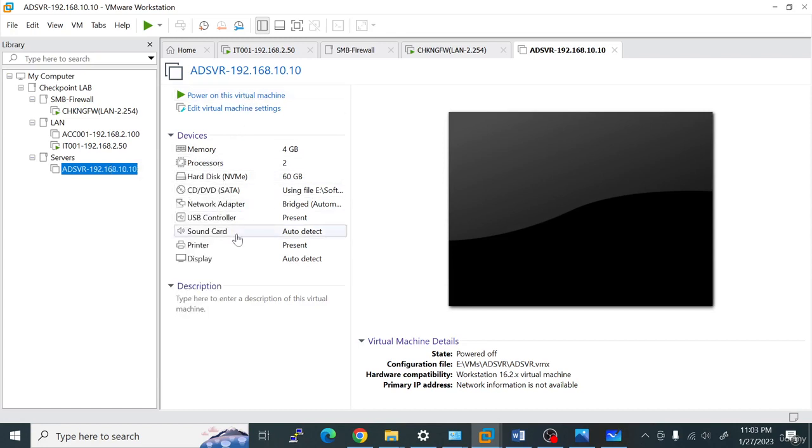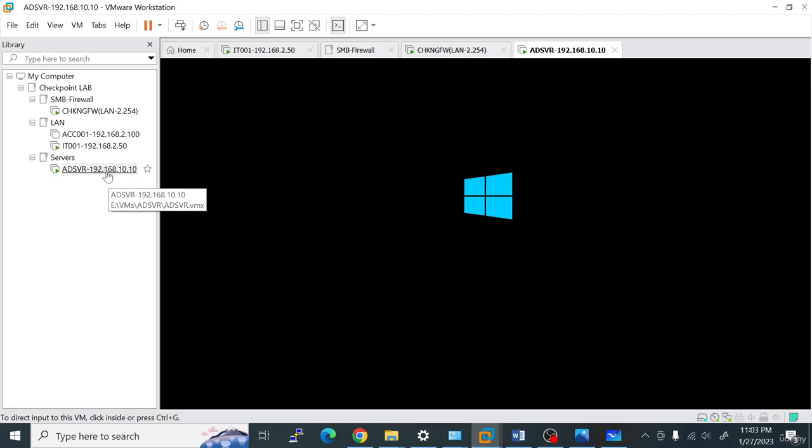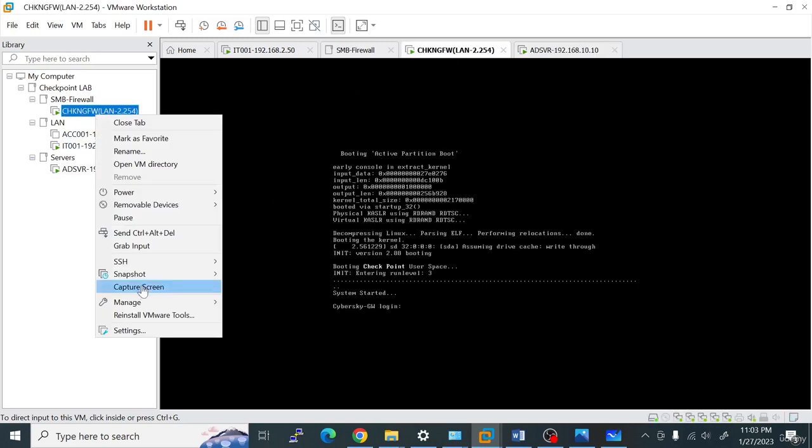So I'm going to power on that AD server. I have configured one of the Windows Server 2016 versions running under these devices. Once it is turning on, I can go to this Checkpoint firewall again,